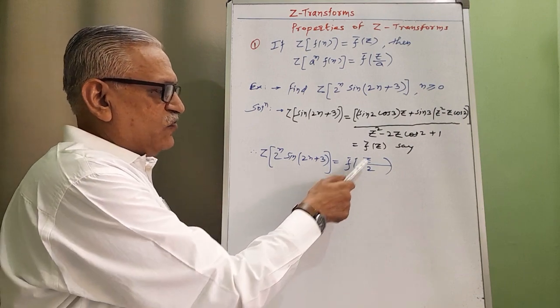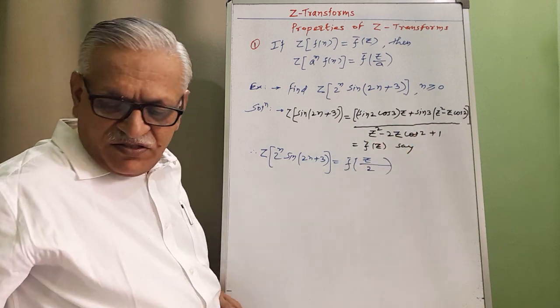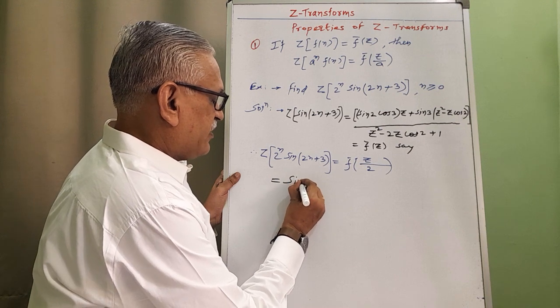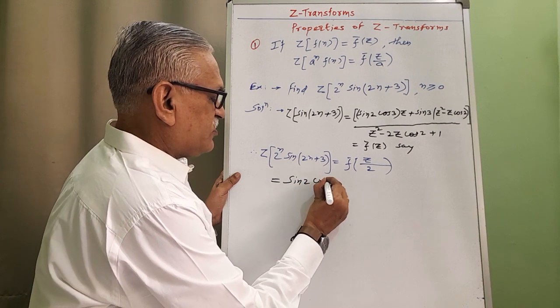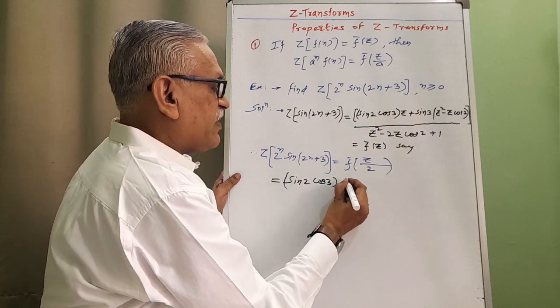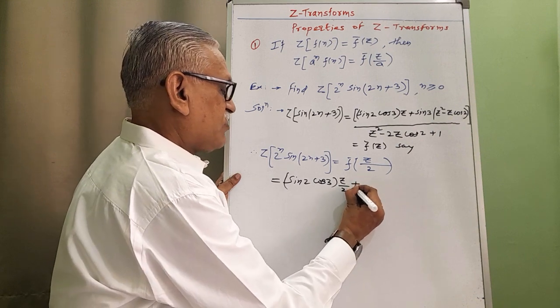To obtain this value, we replace z by z by 2 throughout this expression on the right hand side. It is equals to sin 2 cos 3 as it is, no change, replace z by z by 2, plus sin 3 as it is